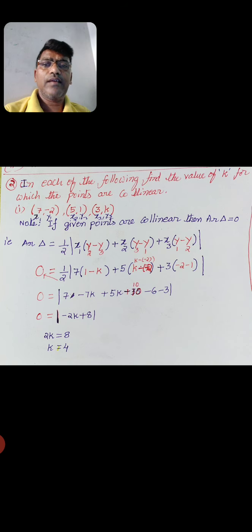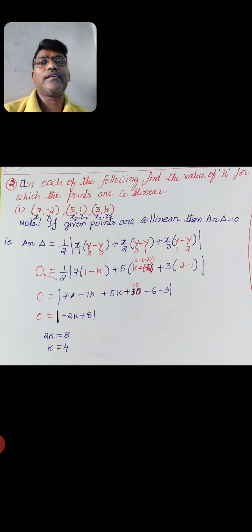But it is a little bit longer, and here we can use the triangle formula also to show that the given points are collinear. I think everybody knows the meaning of collinear. If given points are on the same line, then the given points are called collinear points. So in the question they are clearly telling you the given points are collinear, I mean all points are on the same line. If three points are on the same line, they never make a triangle. If a triangle is not there, it means the area of the triangle equals 0.